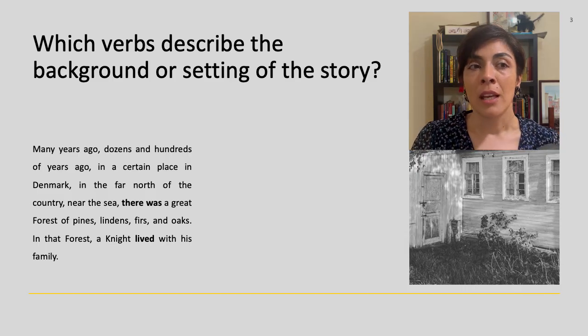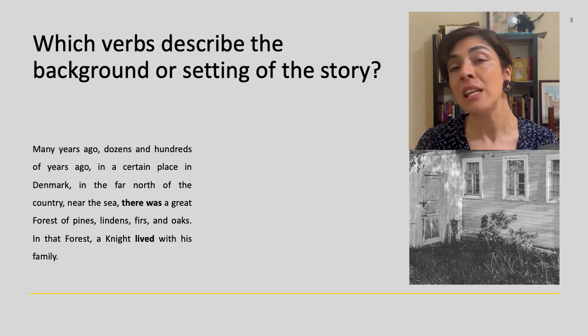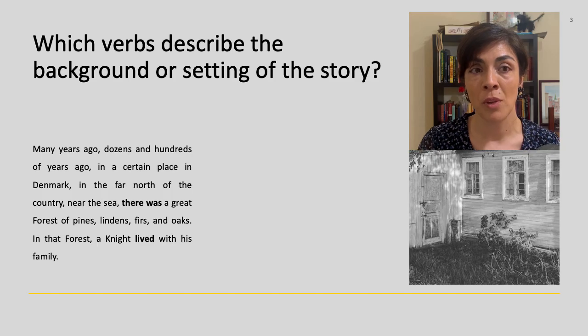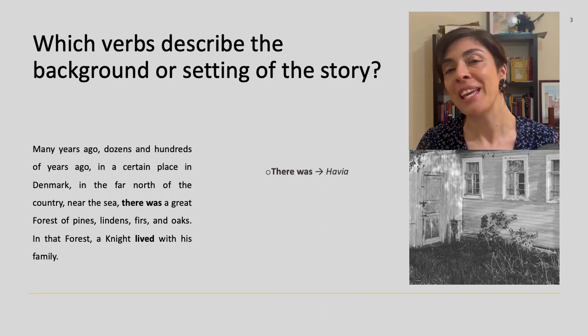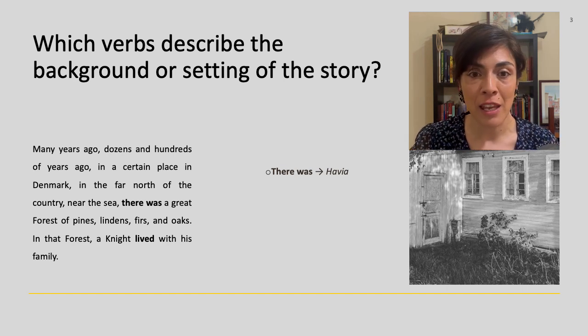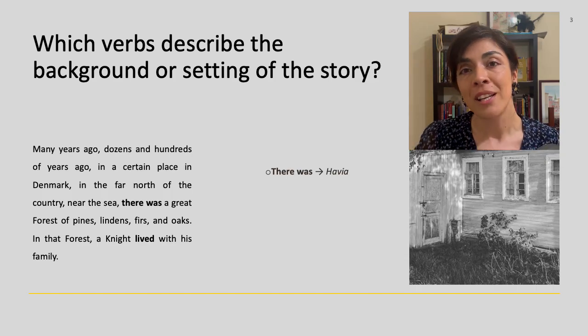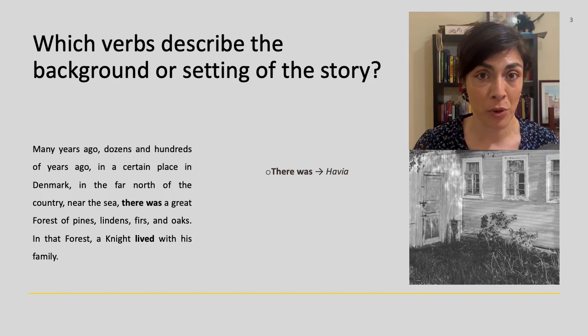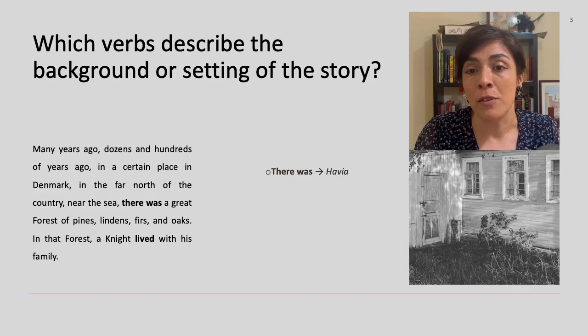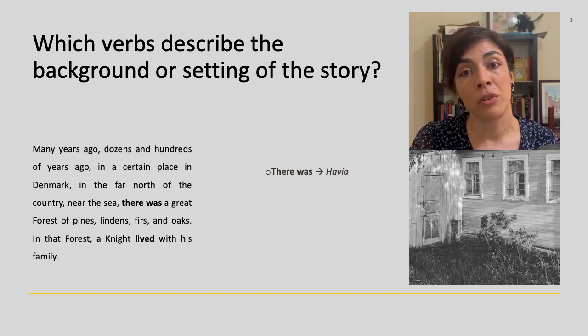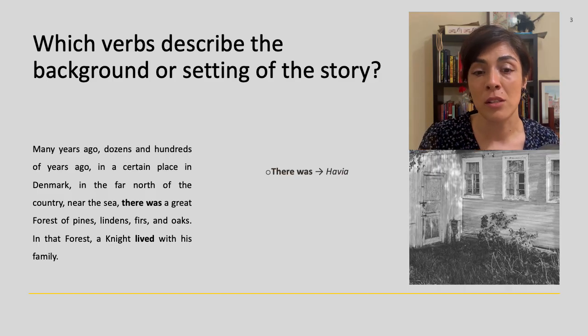Okay. The verb is the verb haver. Remember, haver is a regular verb in the imperfeito. What do you think? Yes, it is havia. Havia. Remember also to pronounce the H, or actually not to pronounce it at all. There is no sound for the H in Portuguese. So havia. Havia is used to express the existence of something in the past, continuously or habitually. It's not referring to a single moment, but to something present over time.